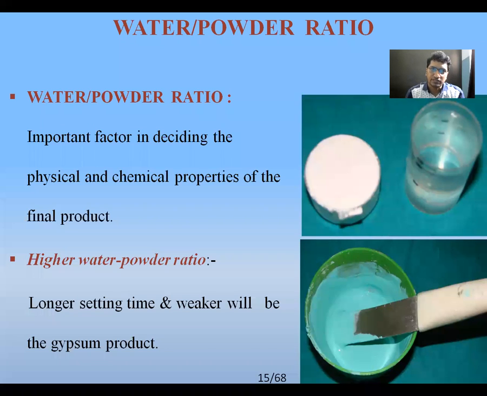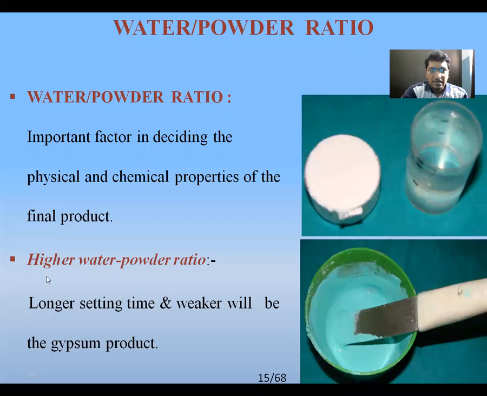What we do is we use a thin mix, but that thin mix we can't use for mounting purpose. For mounting we need a little bit thicker consistency, or more viscous. So depending on the purpose for which we are going to use the plaster, the water powder ratio varies. The same plaster can be used with thinner consistency for pouring an impression, but with a different consistency for mounting.